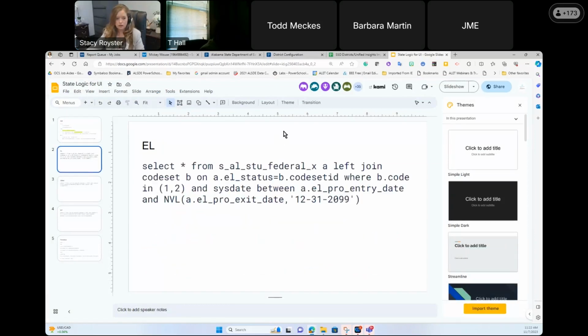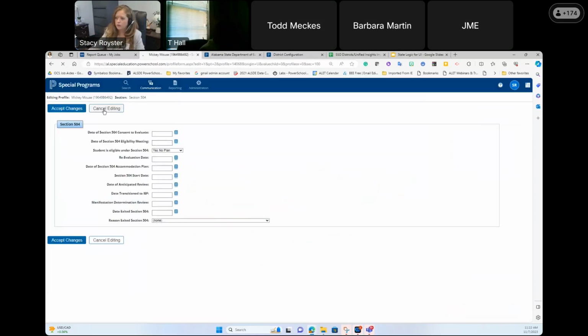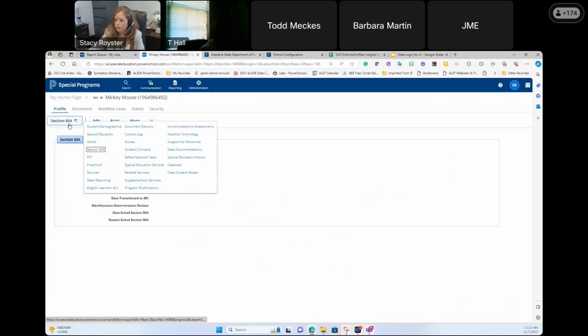EL logic. So for the EL, we are doing exactly what AIM does, which for EL, you really only look at students who are a status 1 or 2, so an EL1 or EL2. All those others don't really go into this EL mixture inside of here. So as long as your EL status inside of special programs, and I'm going to cancel this because I believe I have Mickey with an EL